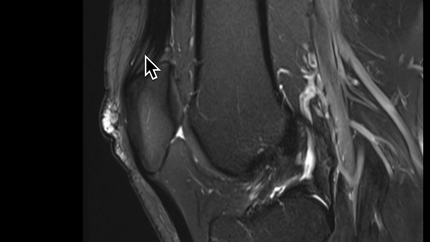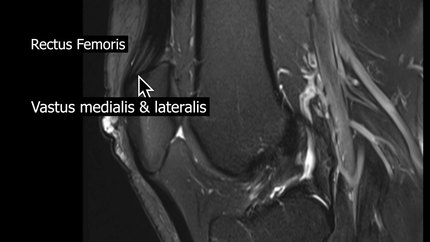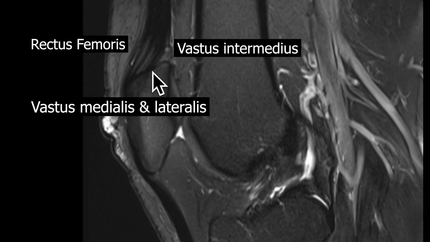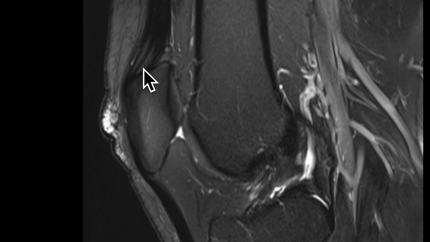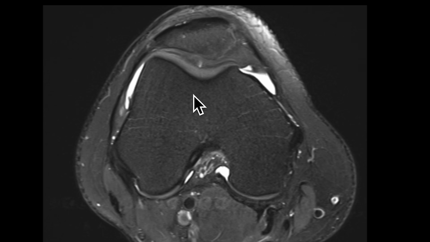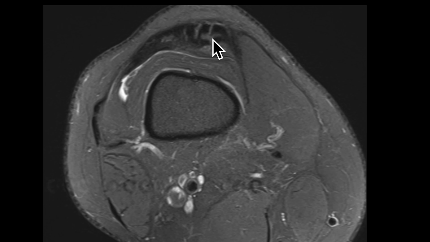The most superficial component of the tendon is from the rectus femoris muscle. Then this middle section here is going to be from the vastus lateralis and vastus medialis components of the quadriceps muscle. And then the deep aspect of the tendon here is going to be from the vastus intermedius muscle. So it's normal to see this striated appearance with some areas of interdigitating fat, which are these areas of gray or intermediate signal intensity. On the axial images, you also do get some interdigitating fat in the quadriceps tendon here,